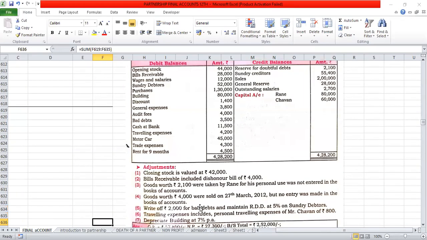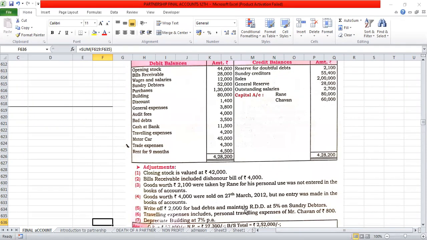And then goods of rupees 4,000 sold on 27th March, but no entry was made in the books of account. Goods sold but not recorded, that is called unrecorded sales. In front of sales, and again in front of debtors, we will mark number 4. Write off rupees 2,000 for bad debt and maintain RDD 5% on debtors. This is called